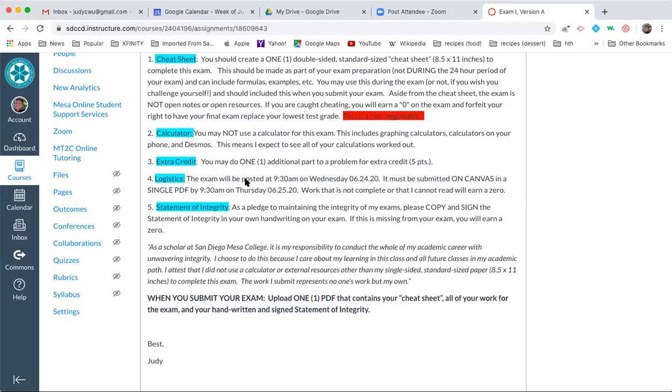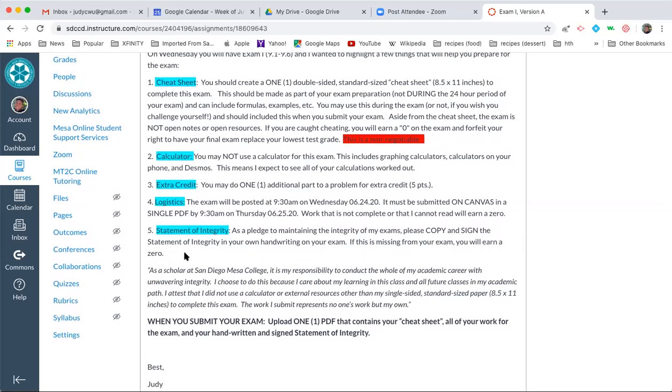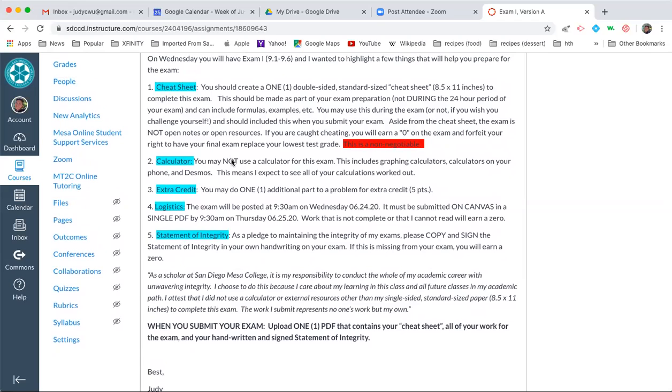The last thing that I ask for is on the cover of your test, I have this statement of integrity. I ask you to hand copy that. So I want to see your handwriting, copy out the full statement of integrity, and then you're going to sign it to tell me that you only used that cheat sheet and no other resources to complete this exam, okay? So those are the 5 parts to this taking an exam that, again, I will modify to fit your class